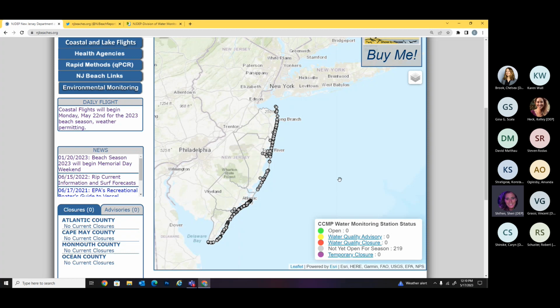However, we do direct beachgoers to go talk to the local municipality where they want to go to find out the availability of lifeguards and which beaches are open each day, because we aren't able to keep up with that on our website. If they don't have enough staff, or even if there's rough surf or rip currents, they may also be closed for that. So we always direct the beachgoers to actually talk to the municipality, find out what beaches are lifeguarded for swimming.